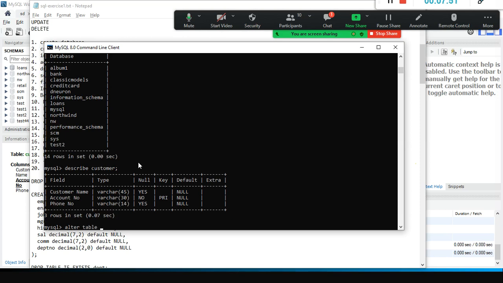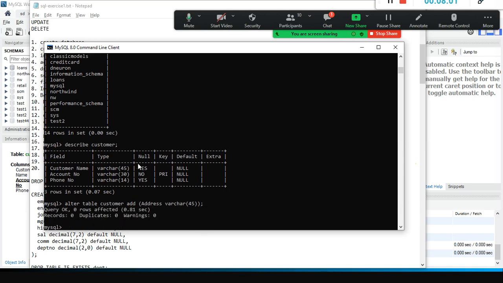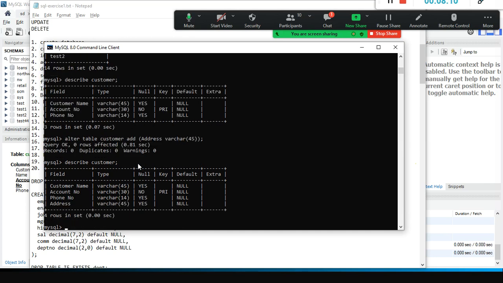Alter table customer, add address varchar of 45. Address can be null or it can have some value, or you can say not null also. Now, instead of typing it, I am just pressing up arrow, describe. See, the new column address got included in my existing table.